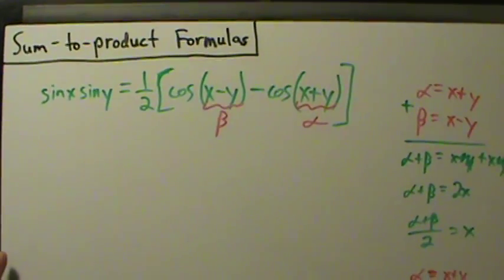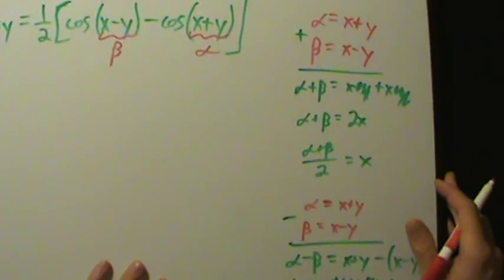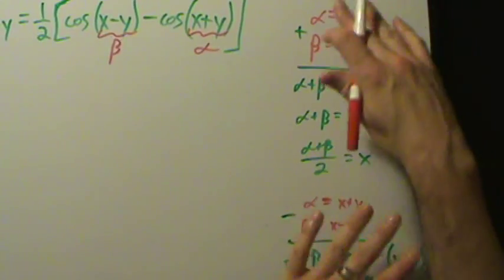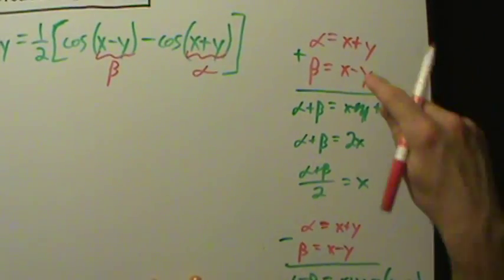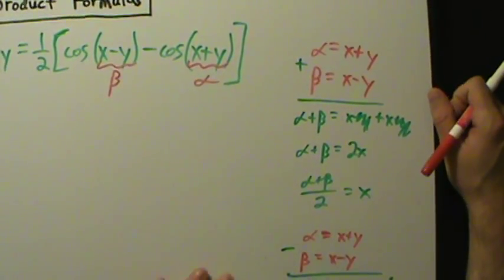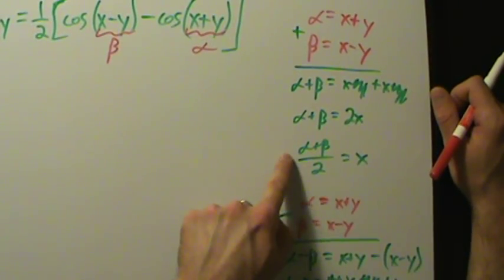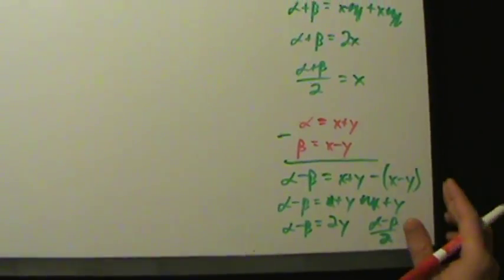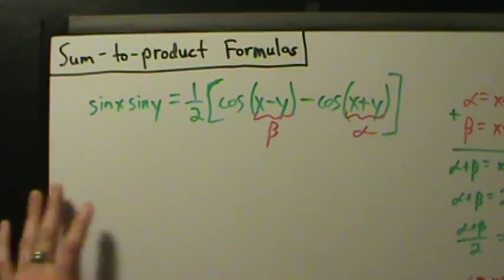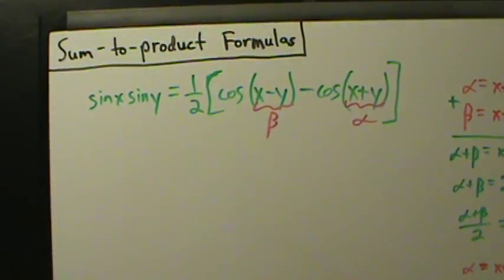Okay, so all of this stuff stays exactly the same. Not one single thing over here changes. So we still have alpha is x plus y, beta is x minus y. Then that gives us x equals alpha plus beta over 2, y equals alpha minus beta over 2. So we'll express this in terms of that. So then what we have is